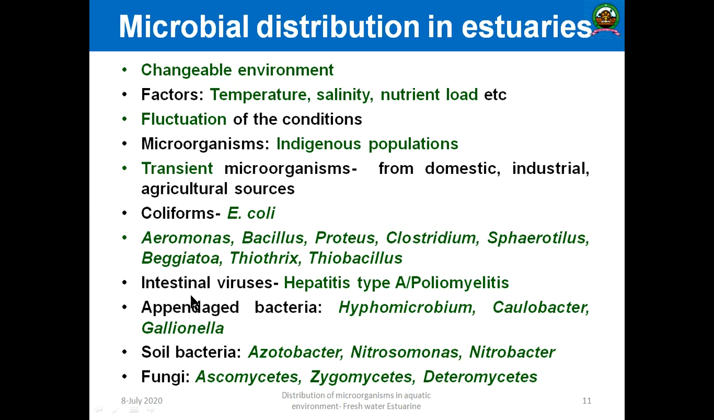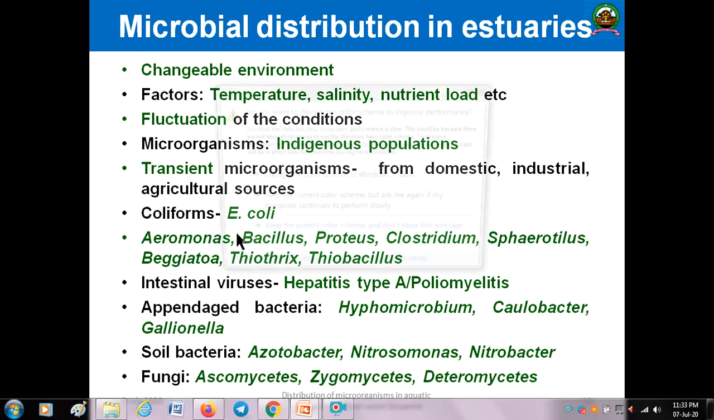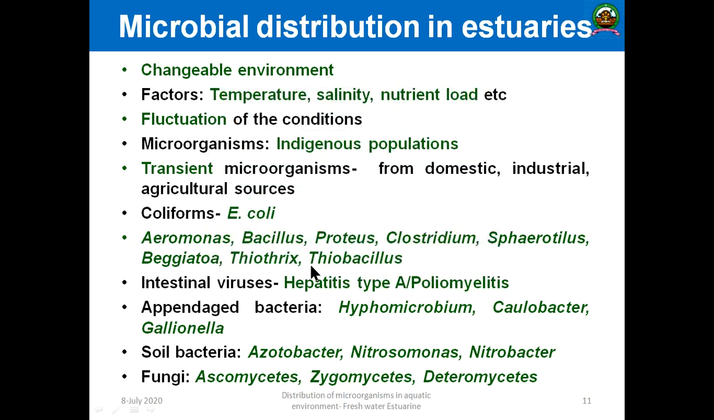The next type of bacteria are the appendaged bacteria. The next one is the soil bacteria. Then, in addition to coliform, there will be Aeromonas, Bacillus, Proteus, Clostridium, Spirillus, Beggiatoa, and Thiothrix and Thiobacillus. These sulfur oxidizing bacteria are also common in the case of this estuary, because